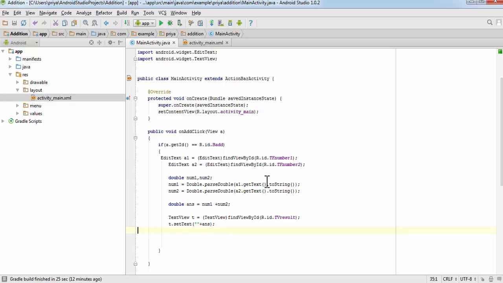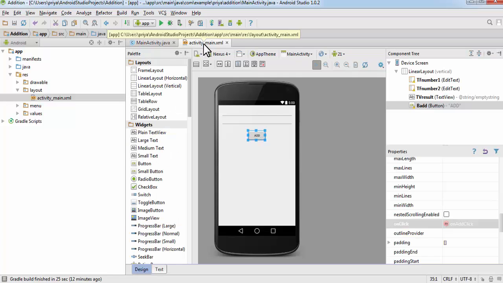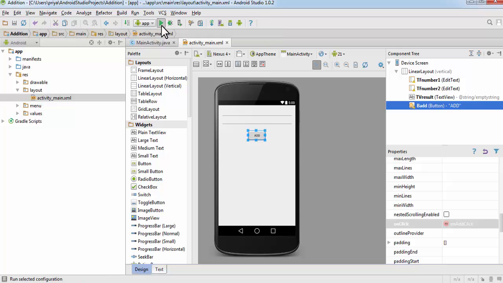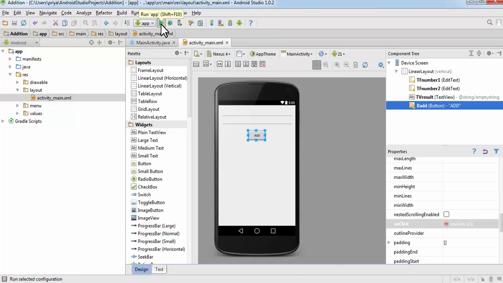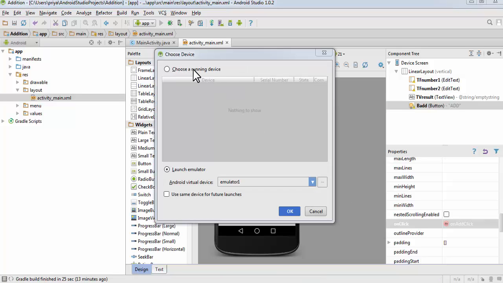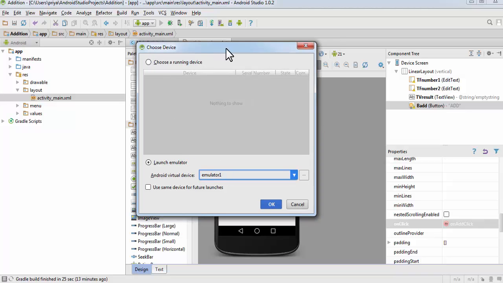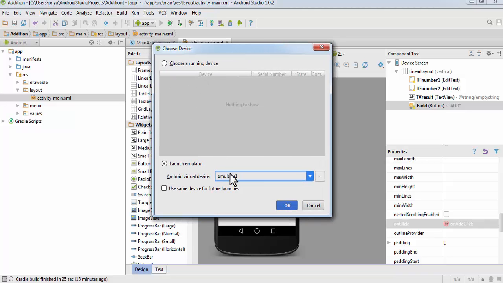We'll test it out. So click on this run button. Now it is asking us to choose a running device. We haven't started any device. So here select the device you want.